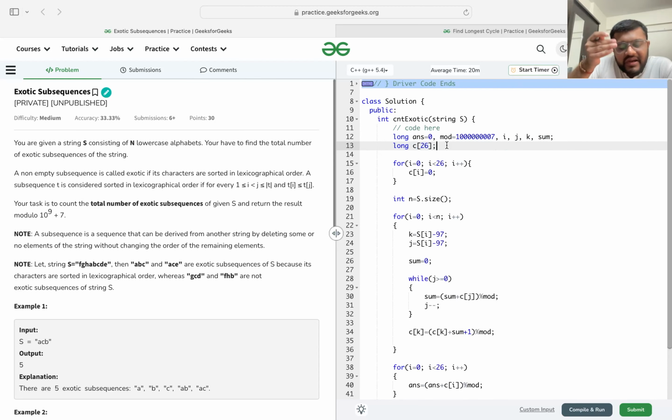So when I am at index i I have this count of 26 array calculated, in which count of 0 will denote the exotic subsequences ending with character A from index 0 to i minus 1. Count of 1 will denote the number of exotic subsequences ending with character B from index 0 to i minus 1. Similarly, count of 2 will denote for C. Okay. So first of all, I have made all the count to be 0 and n as the length of the